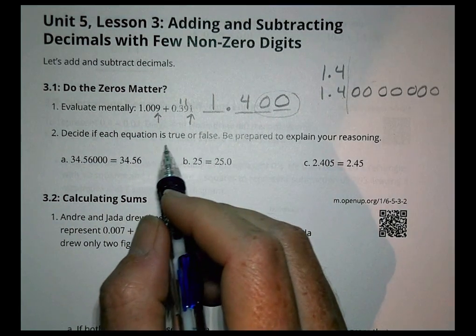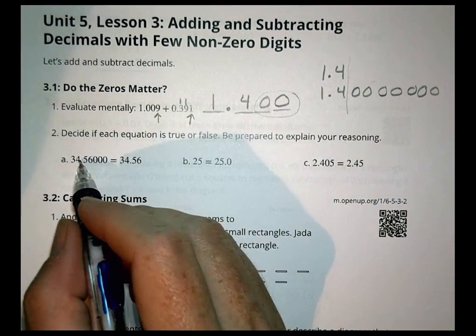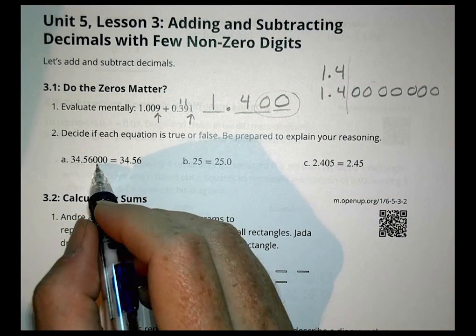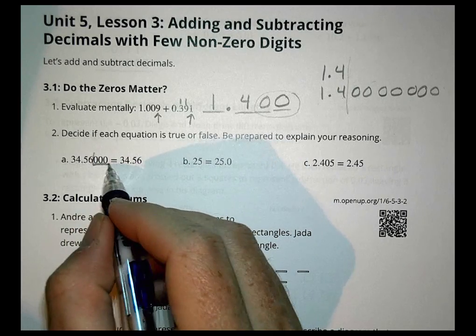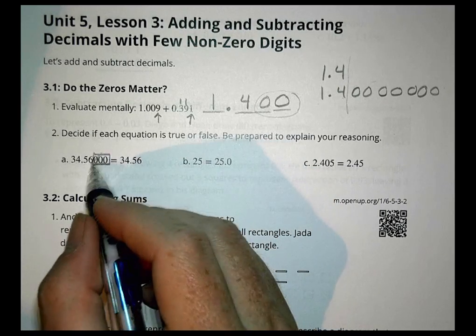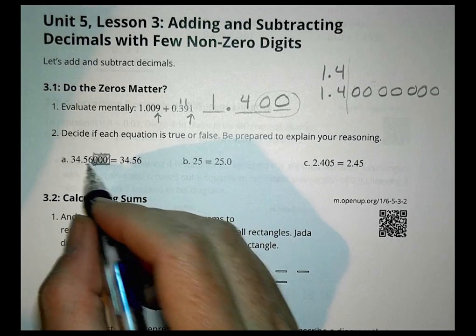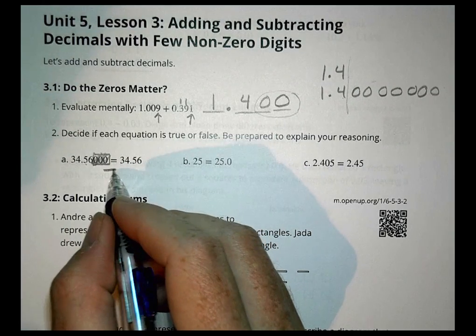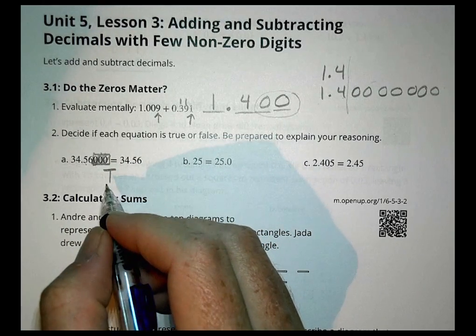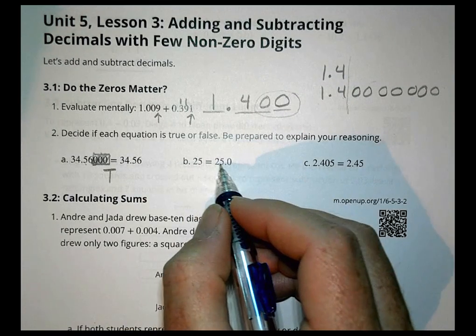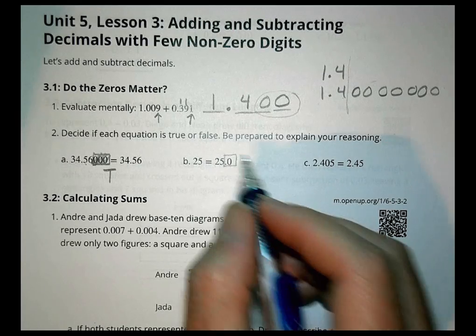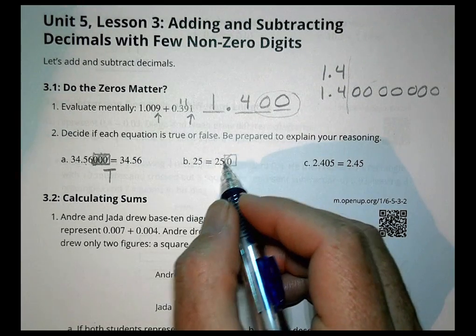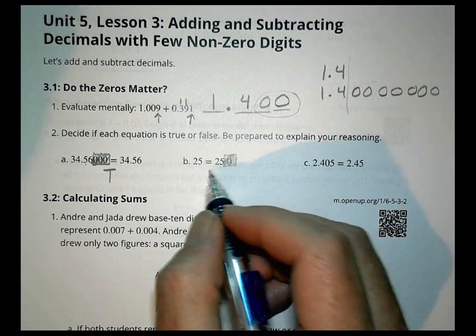So decide if each equation is true or false. All right. So here's 34.56 with a bunch of zeros and 34.56. So we have zeros after the 6, which don't mean anything. So this number is the same as that. I would say that's going to be true. Here we have 25 and 25.0. Again, the zeros to the right don't mean anything, so we can ignore them for the most part